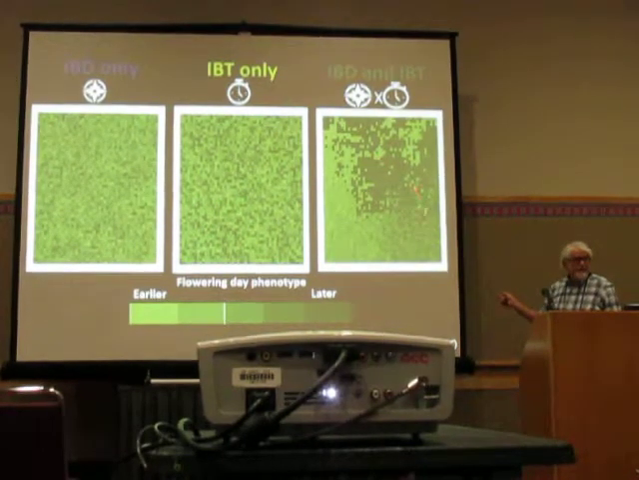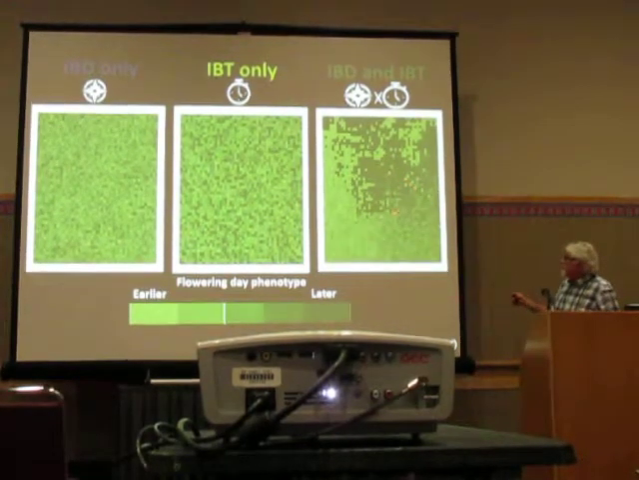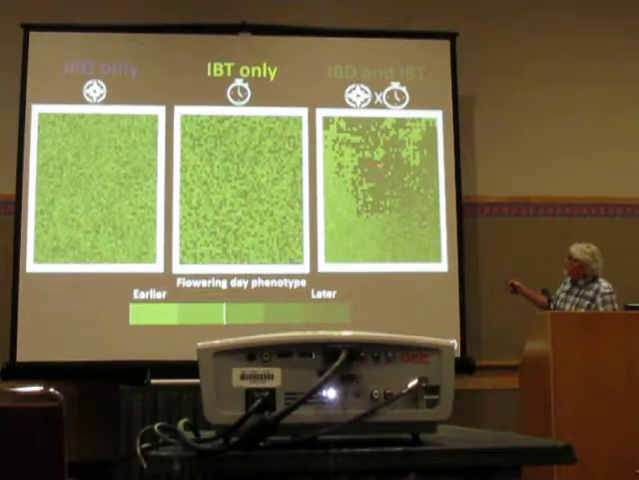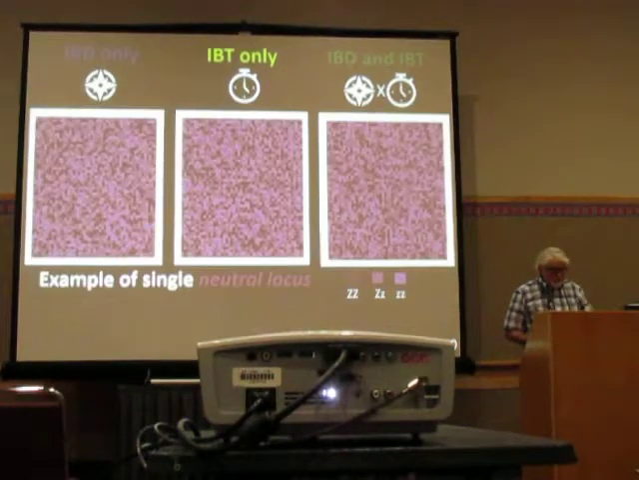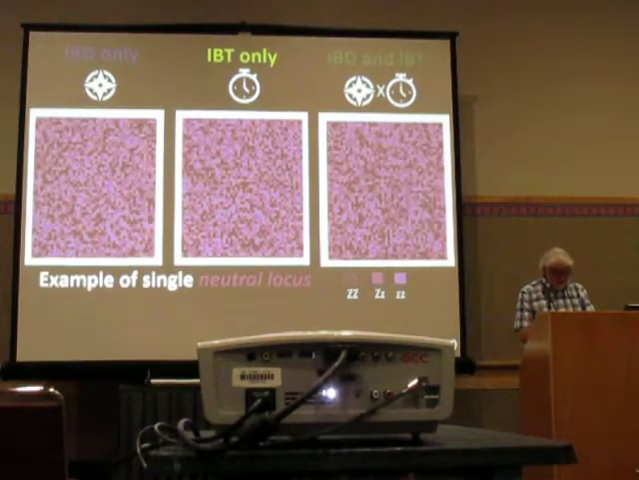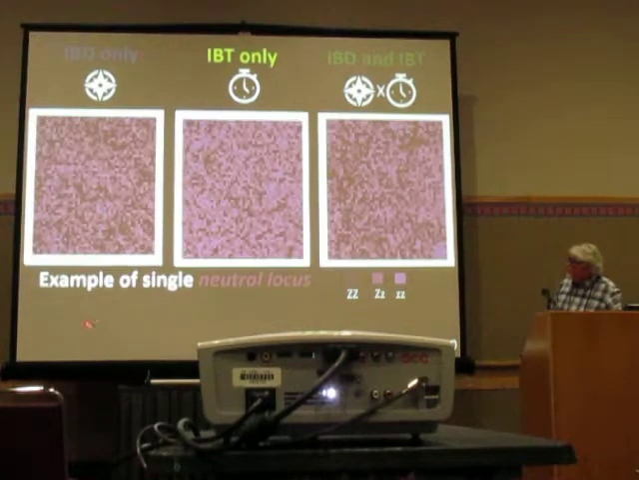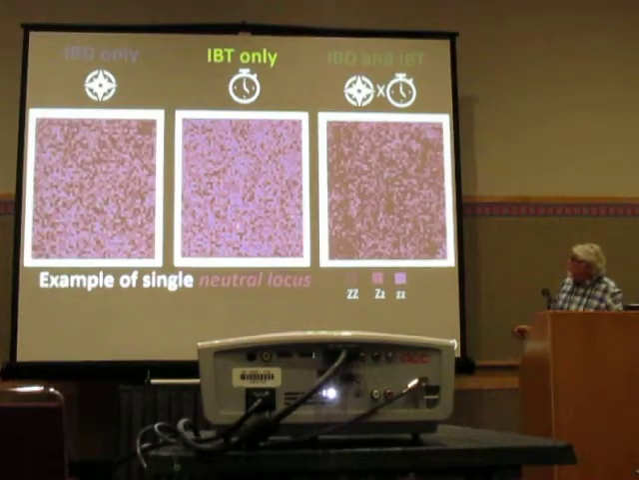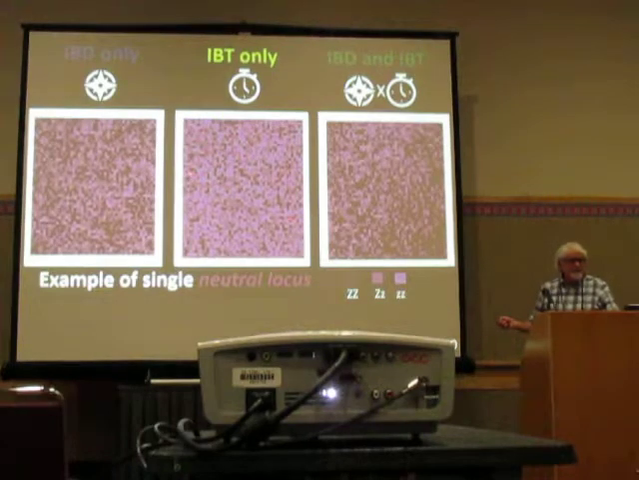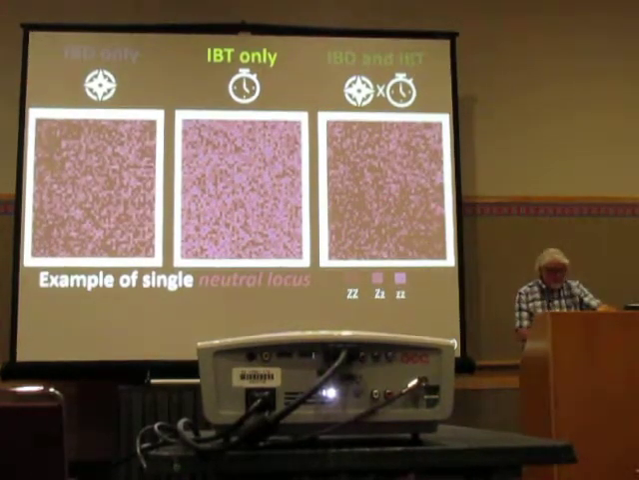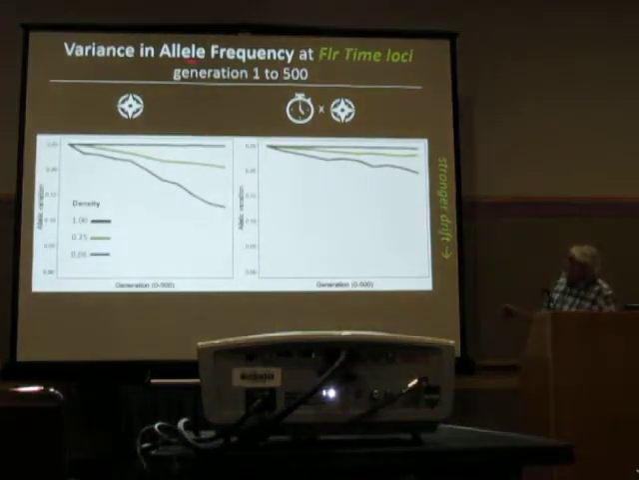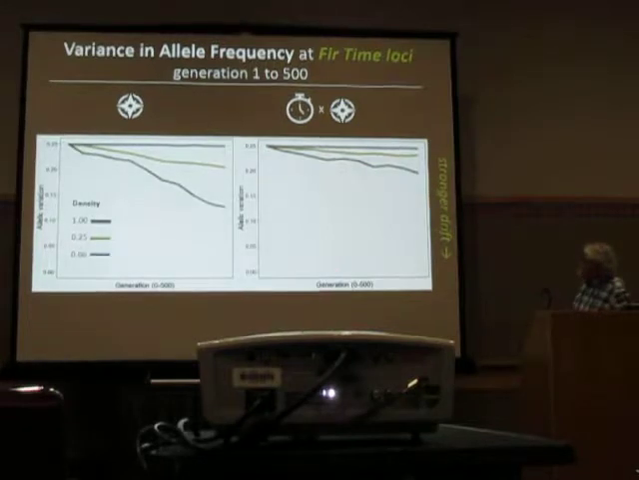Individuals that are close together have similar flowering times. Further up here, similar flowering times. These guys are late, these guys are early. You get the spatial clustering. What happens at neutral alleles? Here we see an example neutral locus, and what you see here is not much apparent. You see drift going on, but you don't see much apparent clustering here. Okay, if you look at the variance in allele frequencies over the 500 generations,